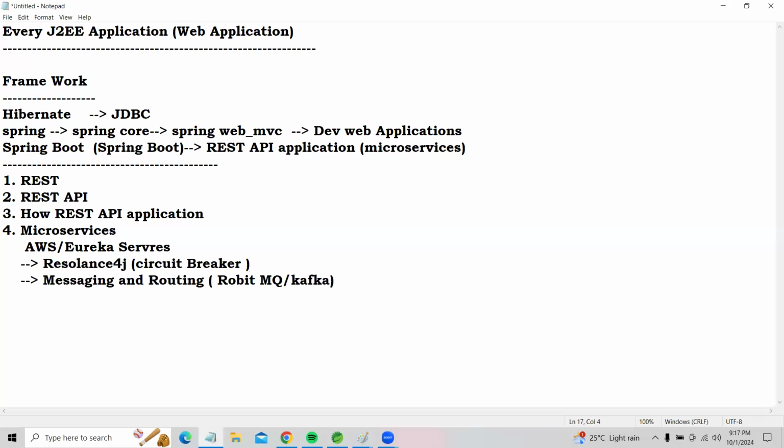The next one, I'm talking about API gateways. To implement API gateways, I'm going to use the Spring Cloud API Gateway concept, very, very important. The next one, for load balancing purposes, I am going to use Zipkin. It is a tool, my friends.